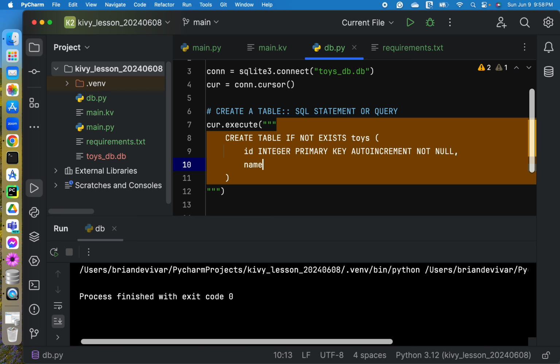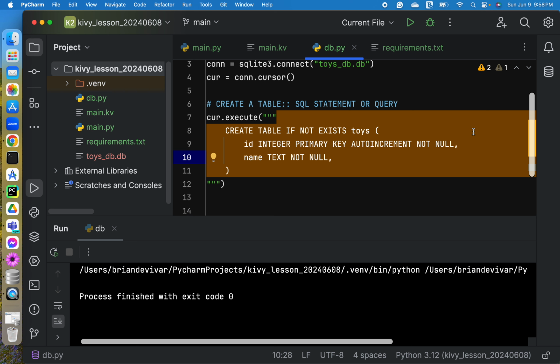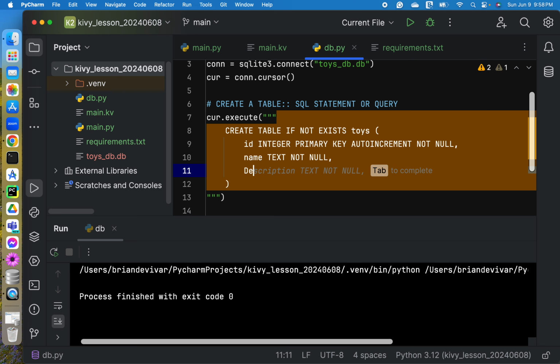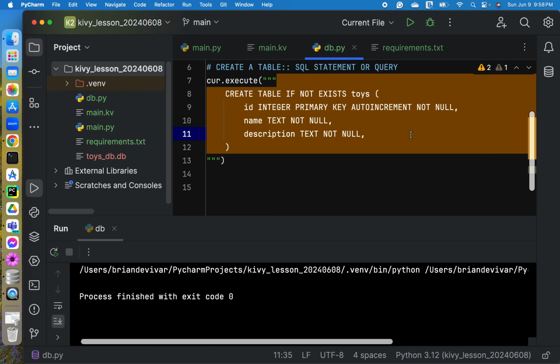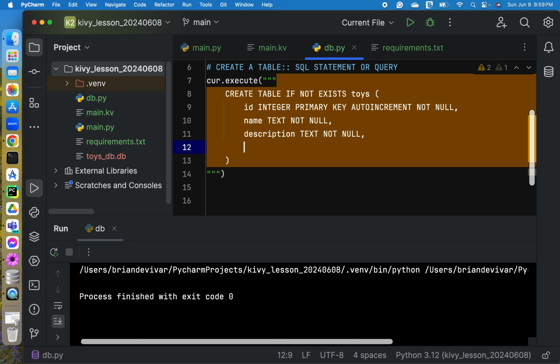Okay, next we need name, which is the name of the toy that you want to sell, and then description is also text and not null meaning required.